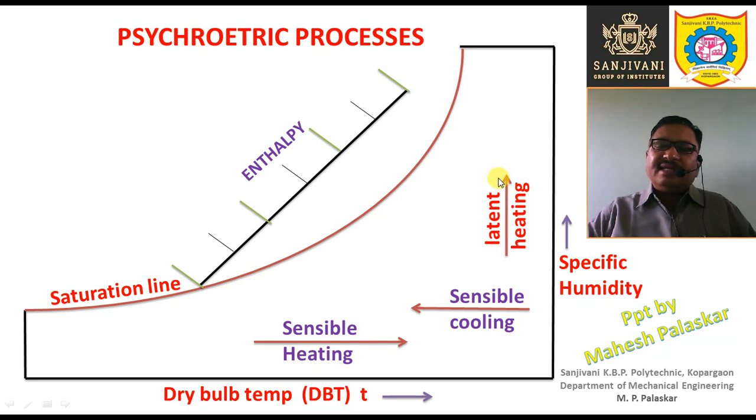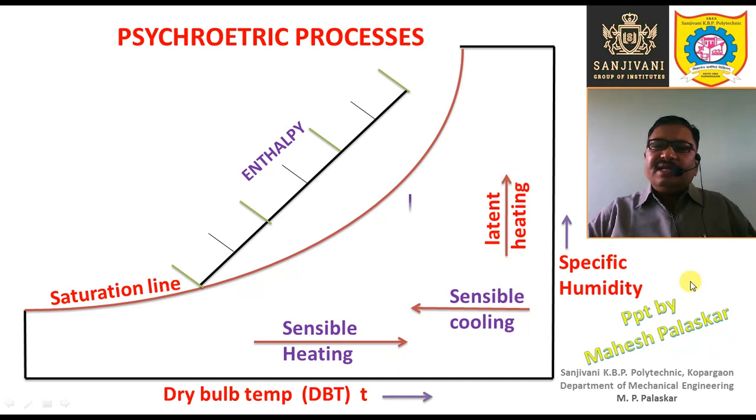Okay, now another is the latent heating process. This process is latent heating. You can see that it is represented by a vertical line. So during latent heating, you will find that there is no change in the dry bulb temperature. Dry bulb temperature is constant, but the specific humidity or the humidity ratio is increased directly during latent heating. That means the moisture content is increased. We are adding moisture without any change in the dry bulb temperature, right? So of course wet bulb temperature may increase, dew point temperature is also increased, but the dry bulb temperature is not increased during the latent heating process.